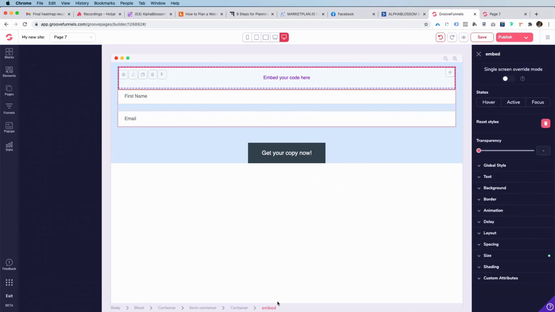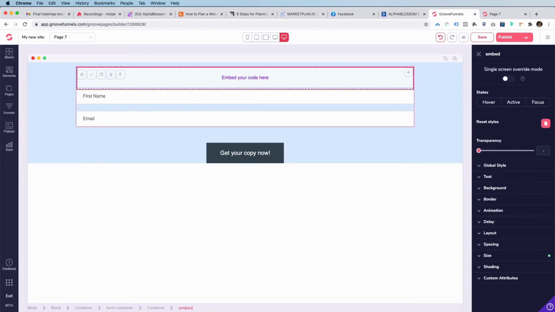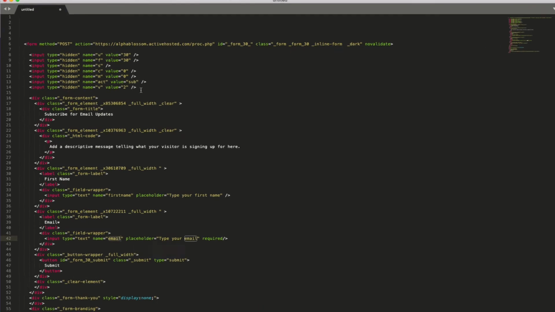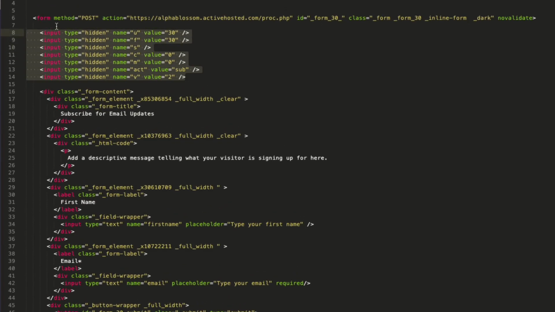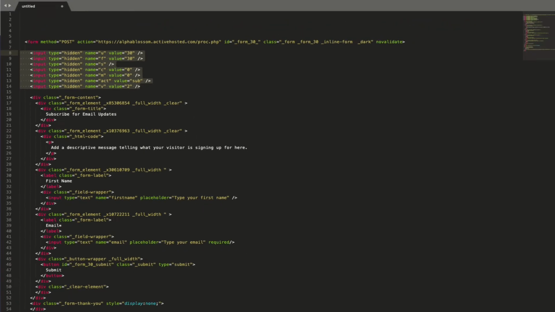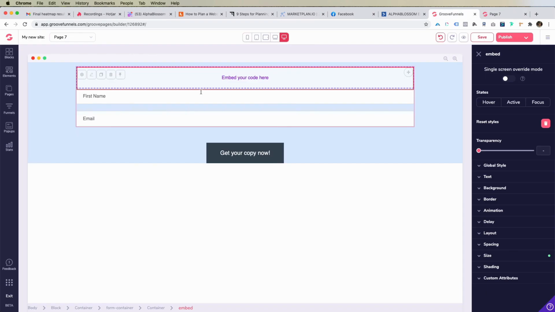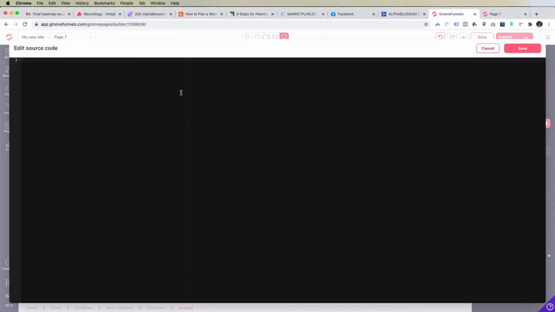So let's click on that, and you can see it is inside the form container. So let's go back to our code. We're going to copy these 7 hidden inputs, 1, 2, 3, 4, 5, 6, 7. So we copy all of those, and we'll open up the embed code, paste that, save it,